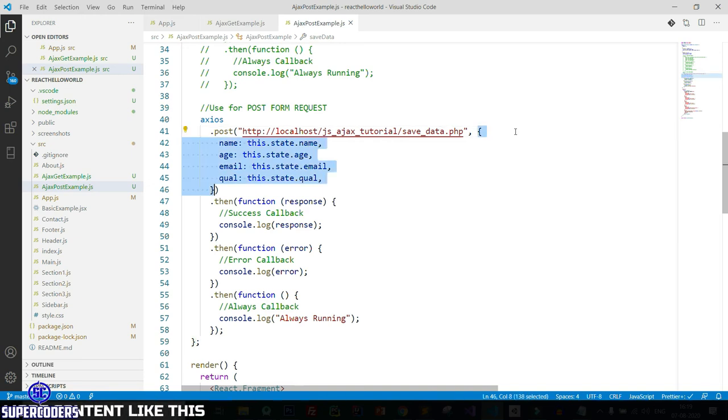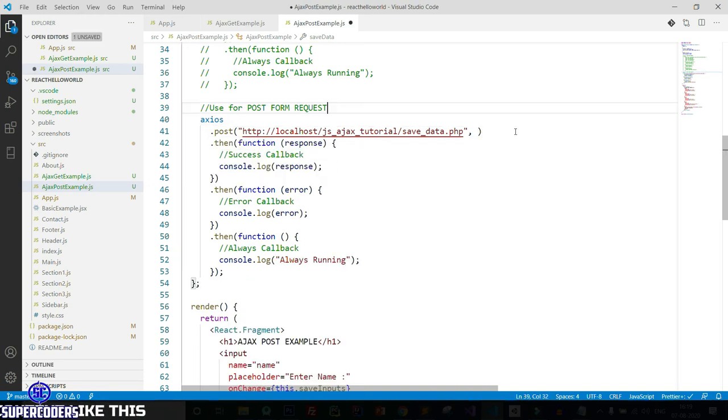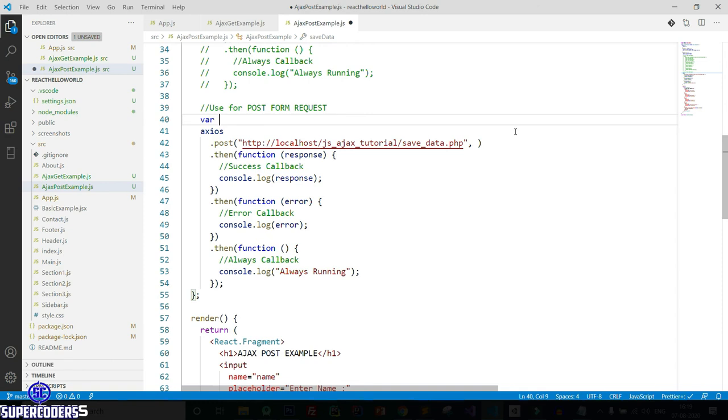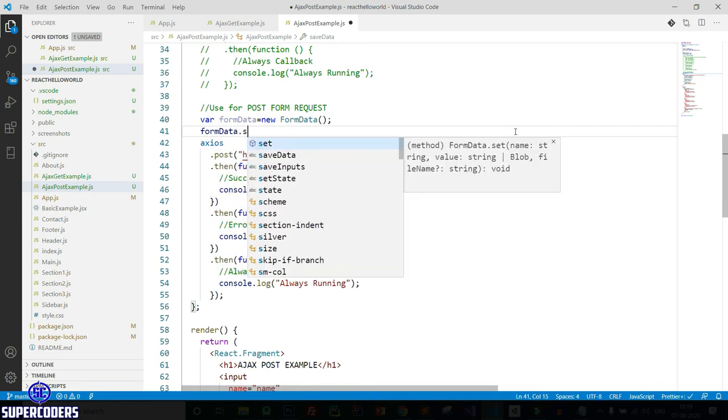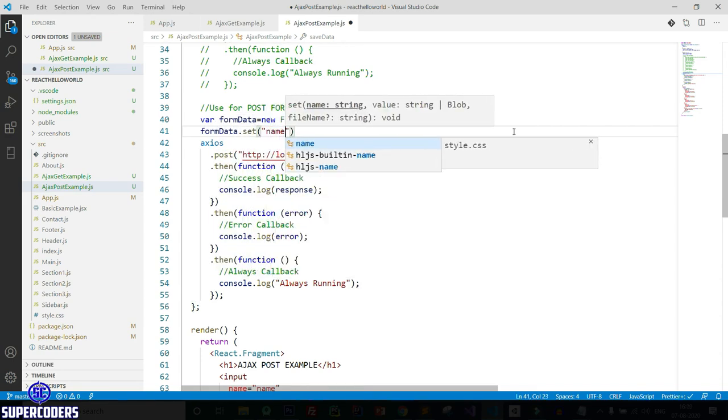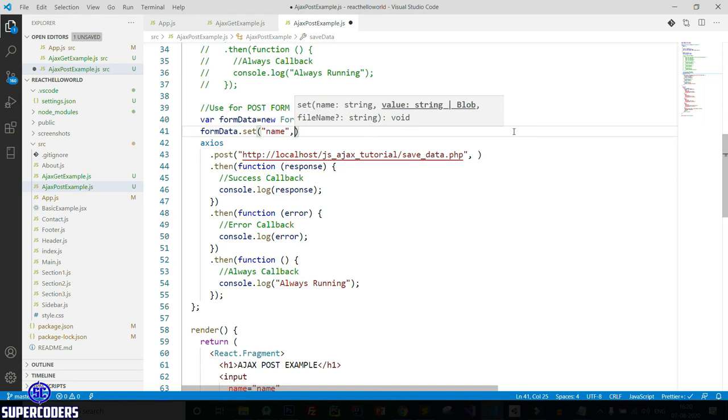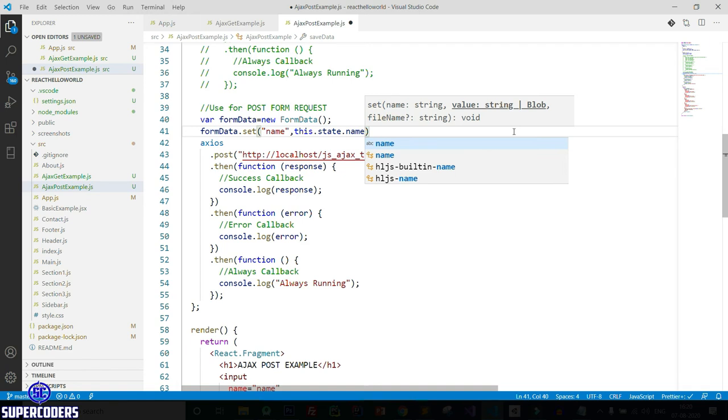So first delete it, then var formData equal to new FormData, then formData.set. So first set name, value this.state.name.